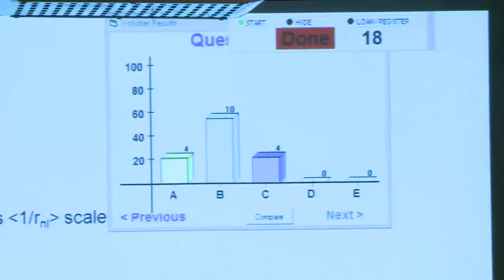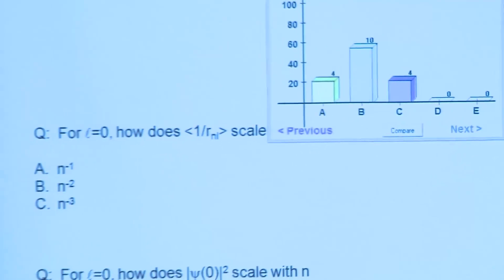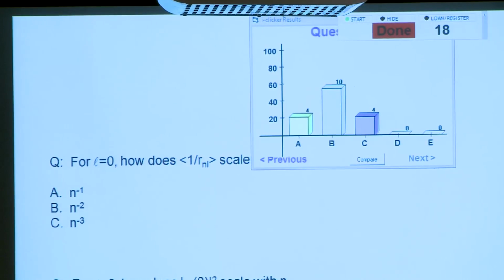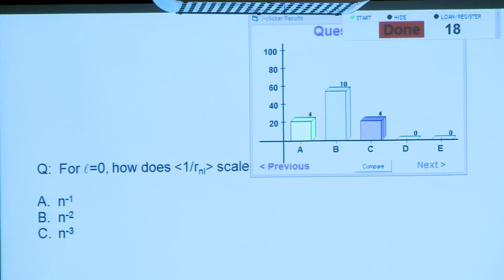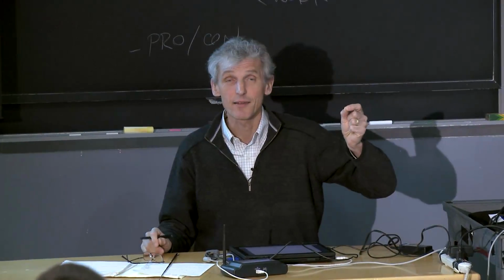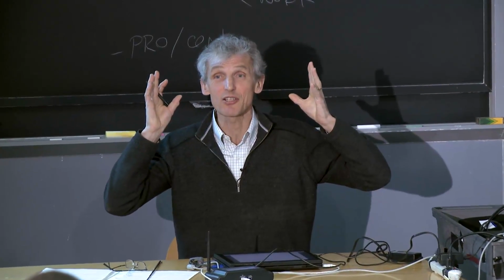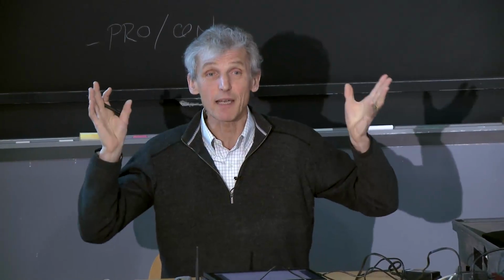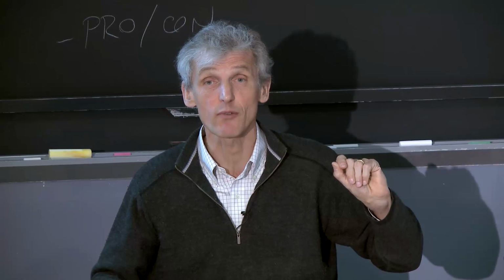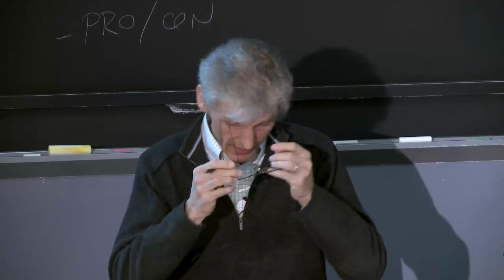Okay. Yes, it's 1 over n square. But I would have hoped that 100% of you would know it, because 1 over r is the Coulomb energy. The Coulomb energy is 1/2 of the total binding energy because of the virial theorem. So when you see 1 over r, there should be a flash in your head which says energy, and Rydberg energy is 1 over n square. The energy levels of hydrogen are 1 over n square.